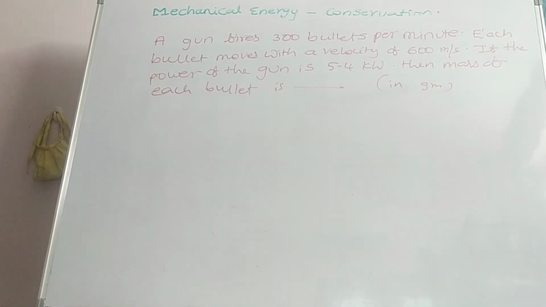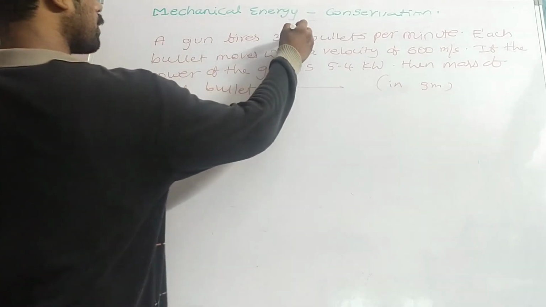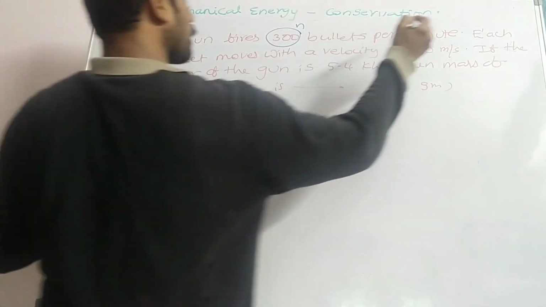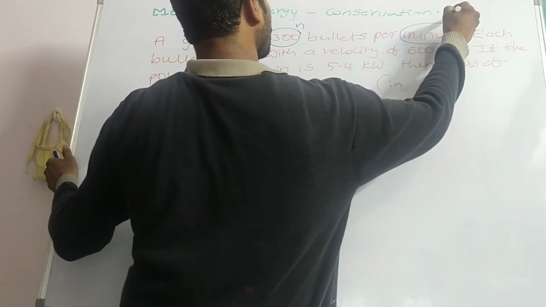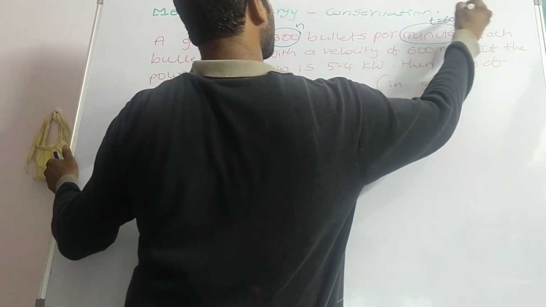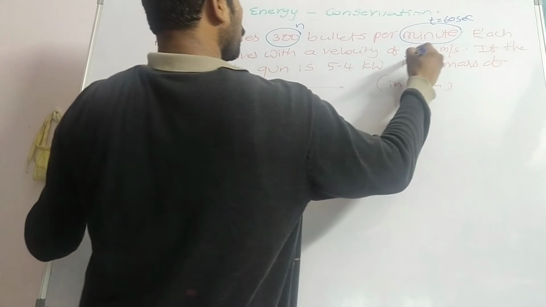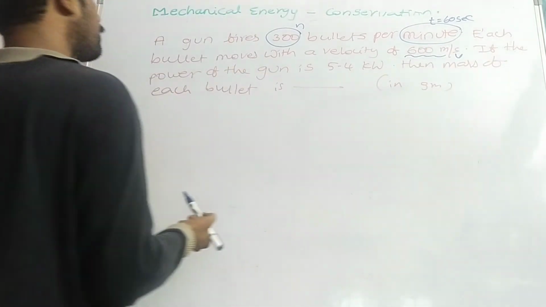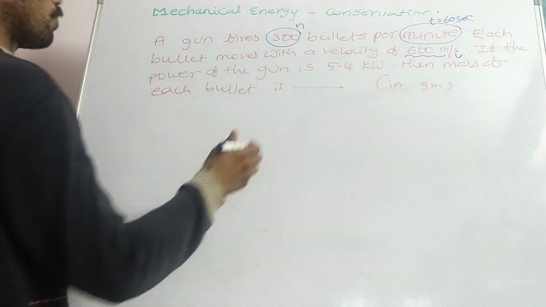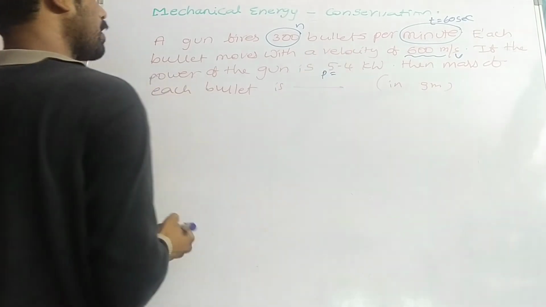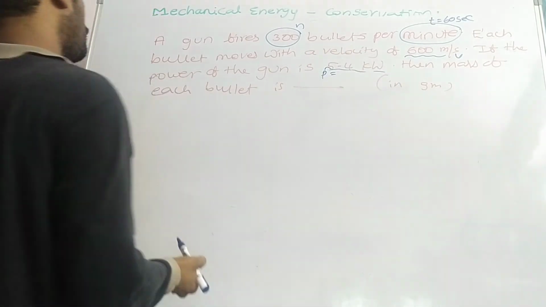So here a very important question, that is a gun fires 300 bullets per minute. Number of bullets n, time taken in 1 minute, that is 60 seconds. And each bullet moves with a velocity of 600 meter per second, that is say v. If the power of the gun is 5.4 kilowatt, power P is given 5.4 kilowatt, then mass of each bullet is,